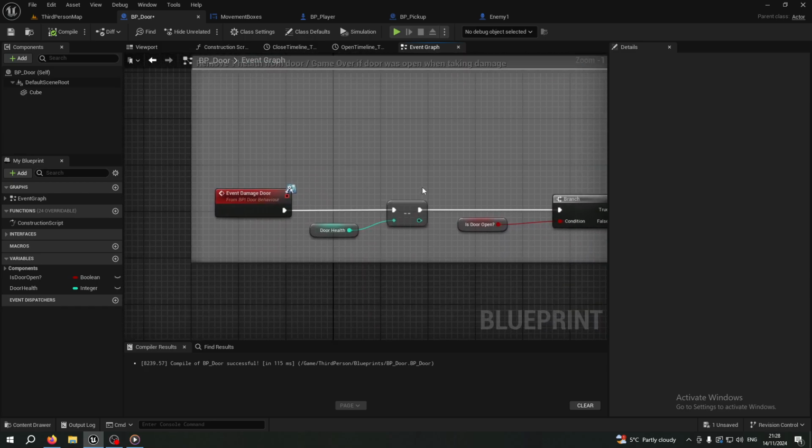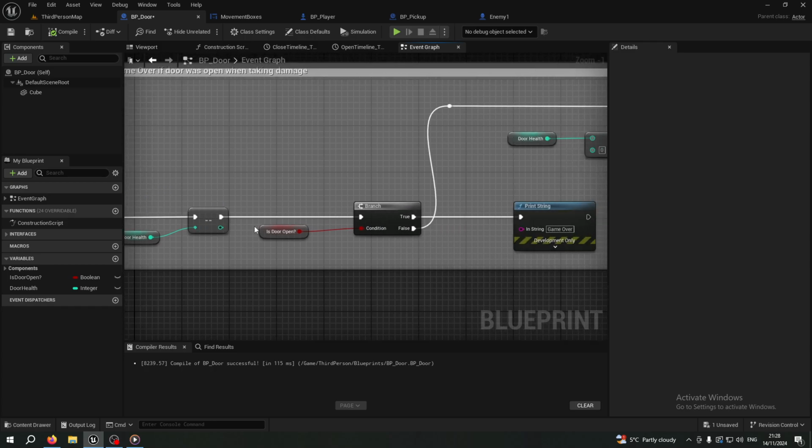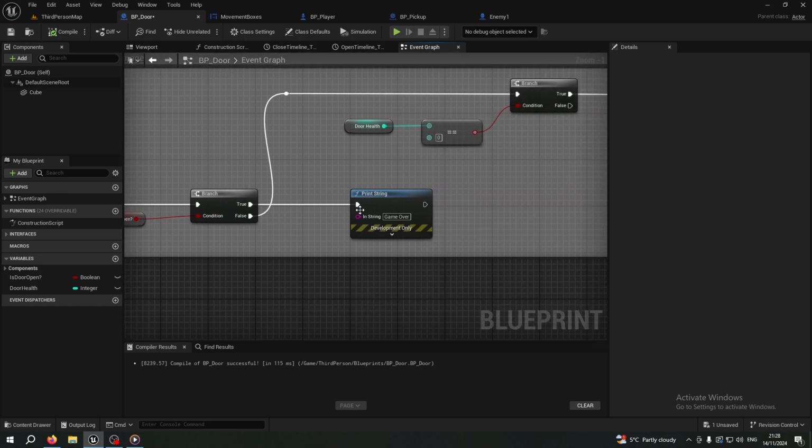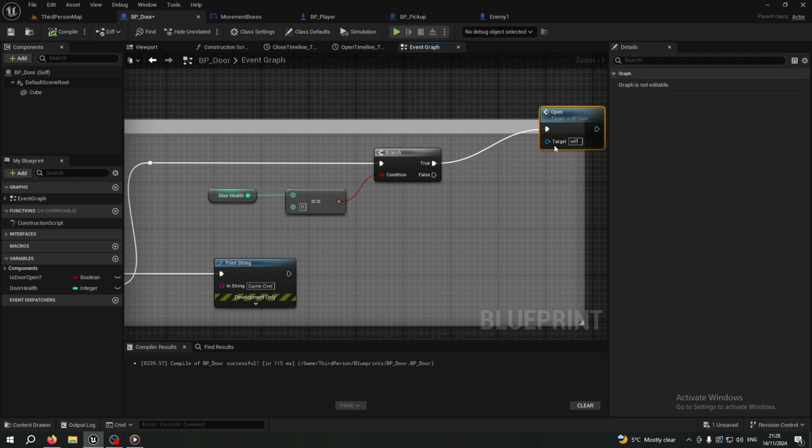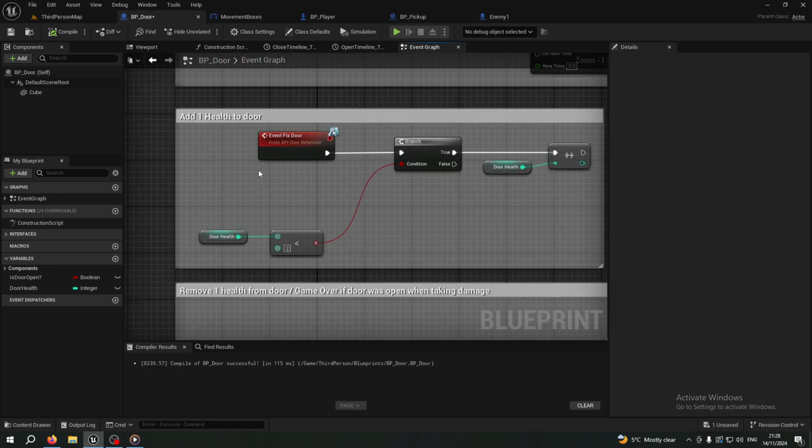What this function does is that it decrements the health of the door, and it checks if the door was open when it was hit. If the door was open when it was hit, the player will lose, which is why this print string is here. And if it was closed, it will check to see if the health is now 0, which will automatically open the door. The door can also be fixed by clicking on the pickup,